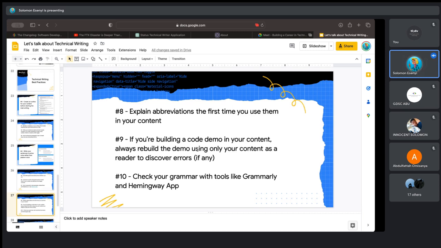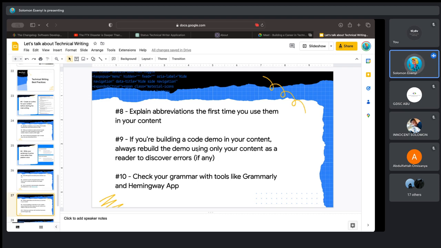Then you can continue using the abbreviation wherever you like in that article. This helps because a particular reader might not be familiar with that abbreviation, but when they see the full meaning, they get an idea of what it means, and they've learned something new from there.